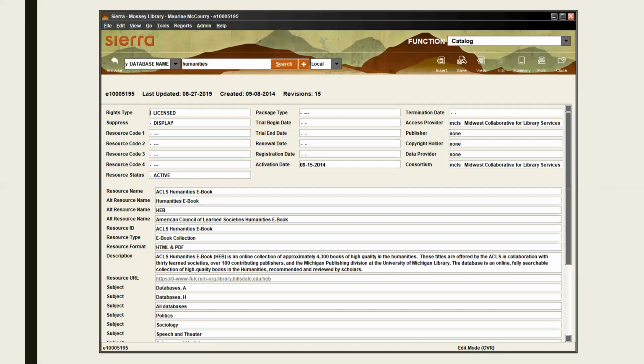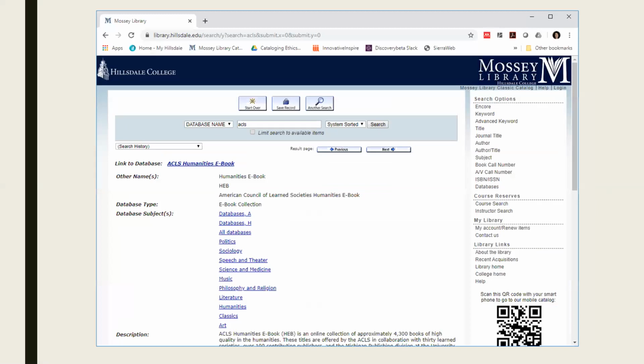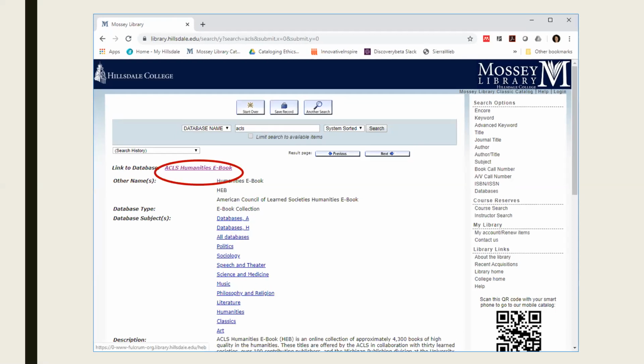We use the proxied, I don't know if that's really a word, but what we've always called the rewritten addresses, we use those on our resource records. And so those are the links that we provide in our catalog to our users. And so this is the classic catalog entry for this same resource, and that link to database you can see is the proxied